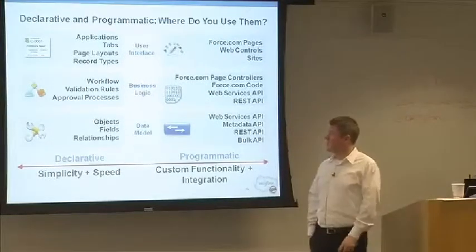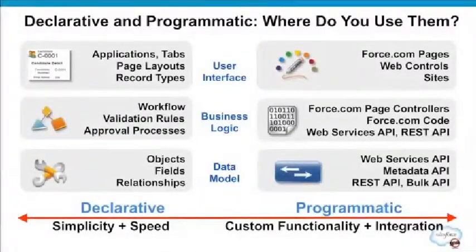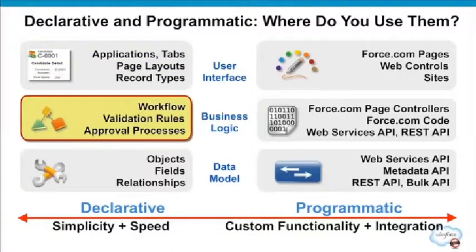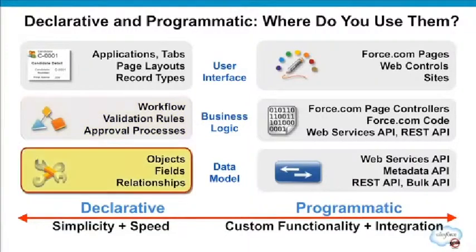All right, here is a chart showing the different options that are available to you. So if we think about an MVC model, we have the model, view, and the controller. So our user interface is the view. We have our declarative options, so things like our page layouts, our apps, and our tabs. When we think about business logic, workflow rules, validation rules, things like formulas, approval processes, visual workflow, all of these are different options that we provide. And then our model. So our objects, which are like tables, our fields, which are like columns, and we can define a